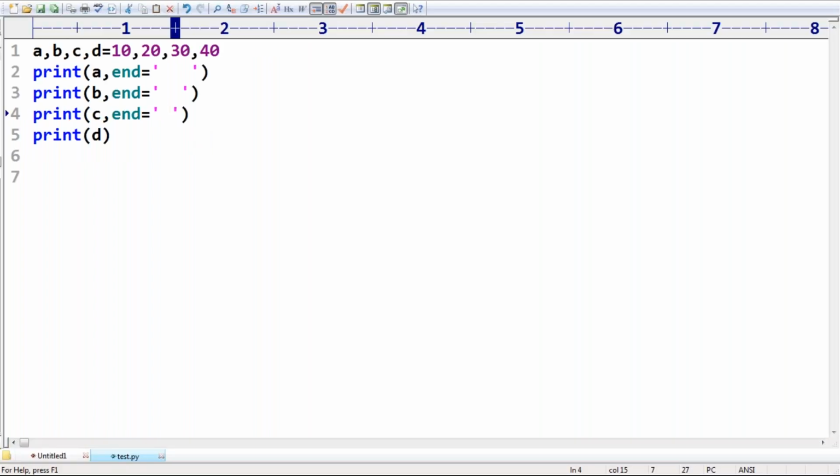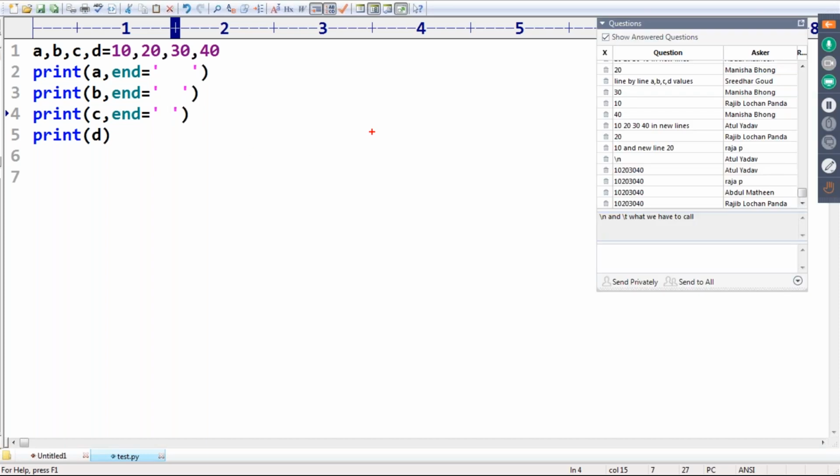What is the purpose of this end attribute, sir? It is going to play a very important role while printing data, especially for puzzles. Do you remember, in your childhood, we used to print a star mark, then next and after that another star mark? Sir, can you please create